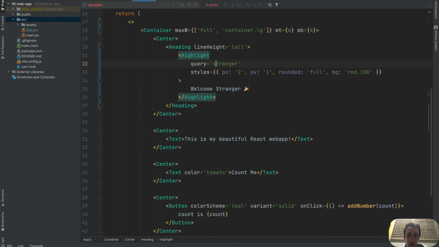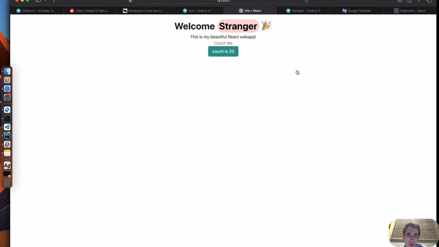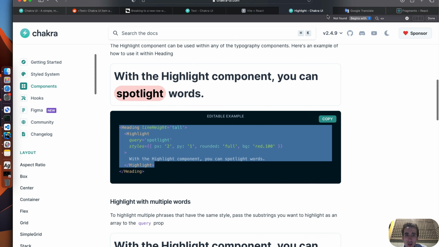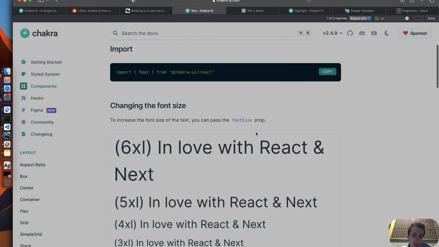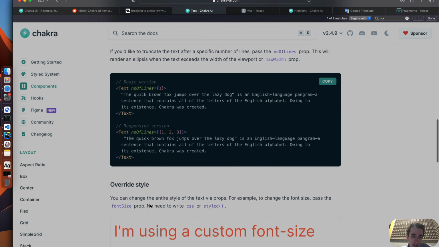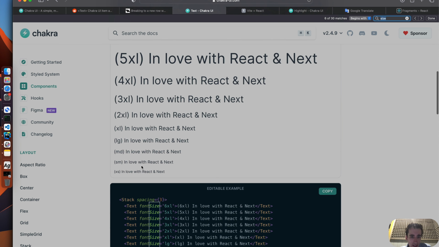So, and is it case sensitive? Yeah, it is apparently. Yeah, nice. We can even leave it as this. So welcome stranger. And what else do we want to do? We want to change the font. So font size, if you go to text in the documentation, component text, and here you have the size, and